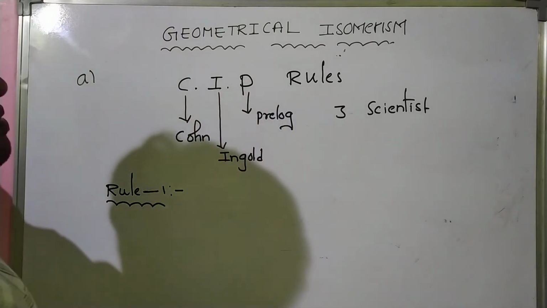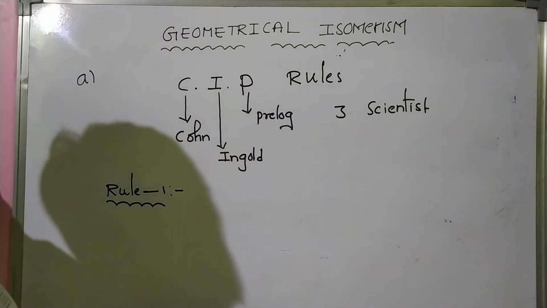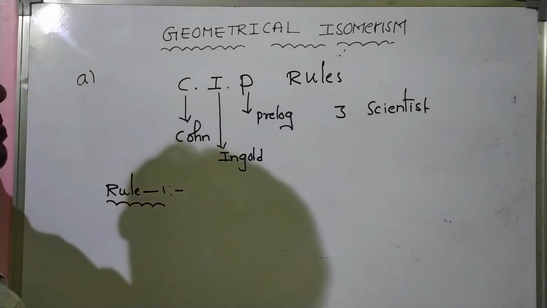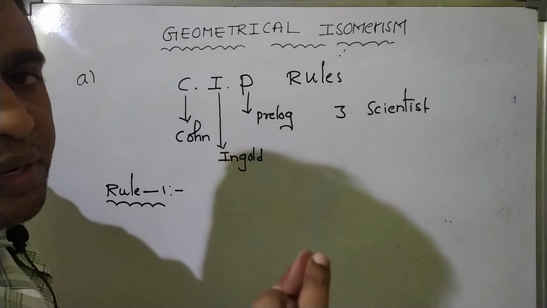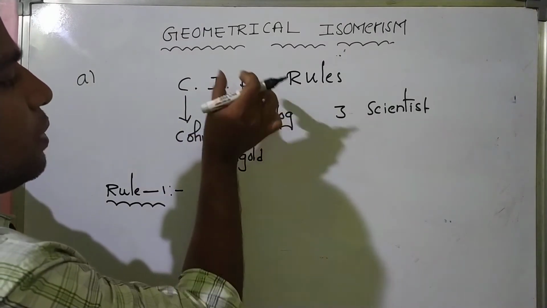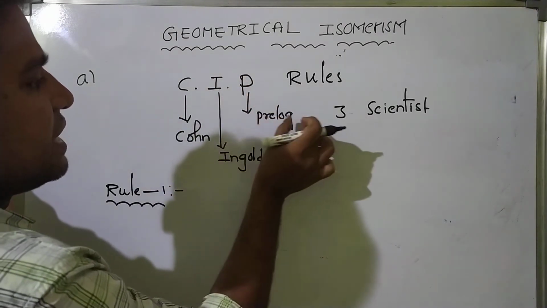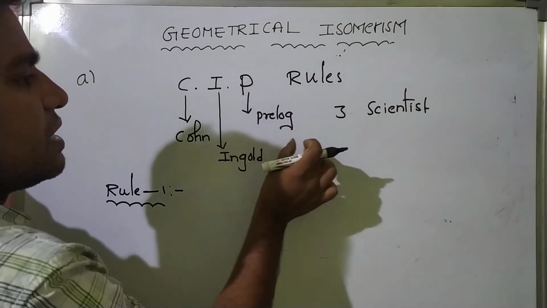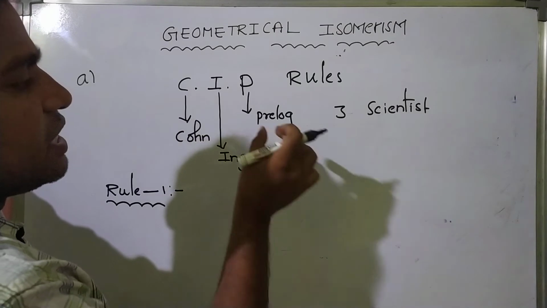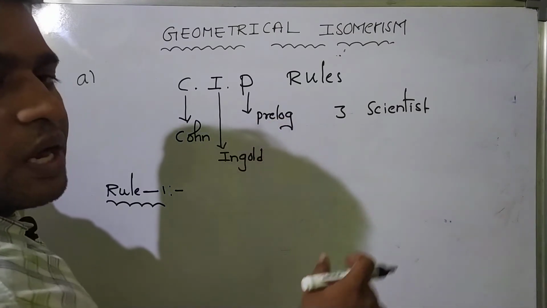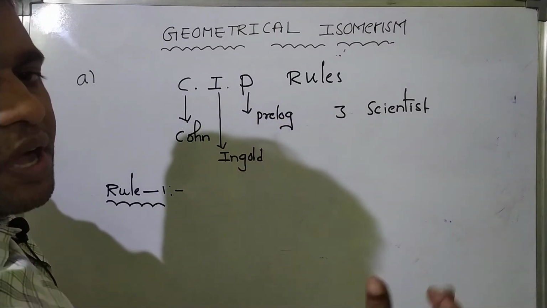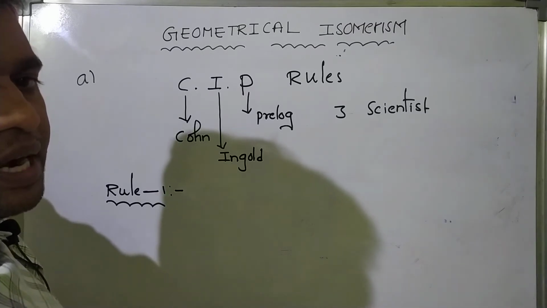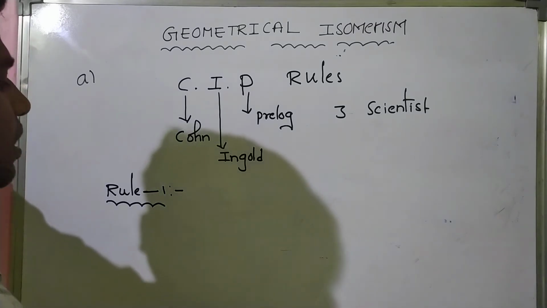You must learn, very important. CIP rule means Cahn-Ingold-Prelog. These are three different scientists who jointly formulated some empirical rules. These rules are very useful to assign priorities of atoms or groups around the carbon-carbon double bond. Okay, first of all,